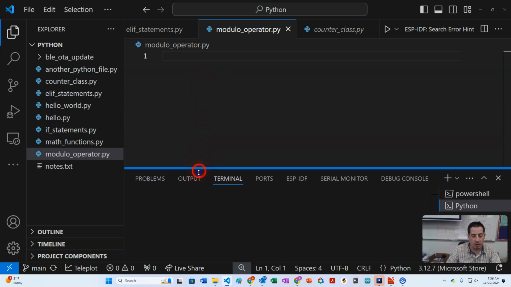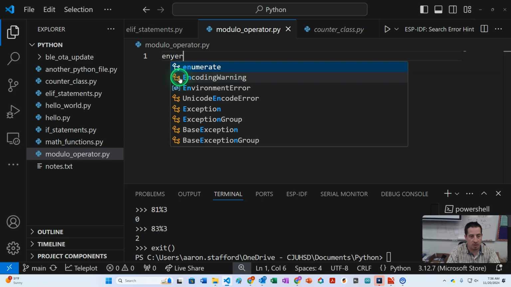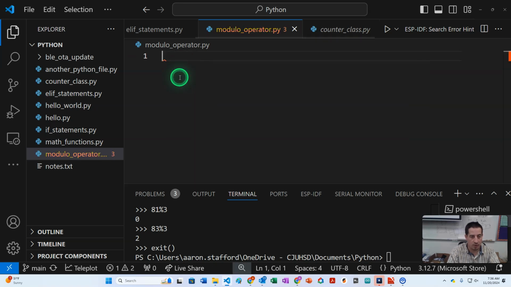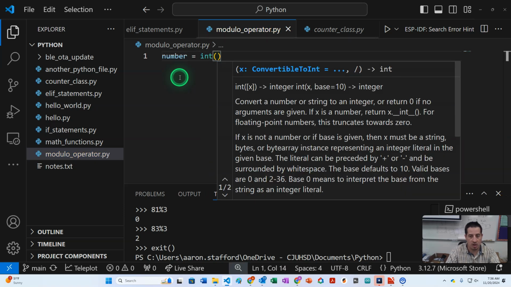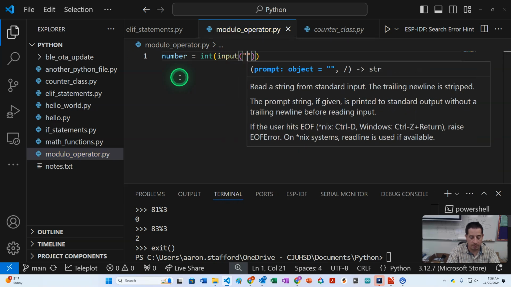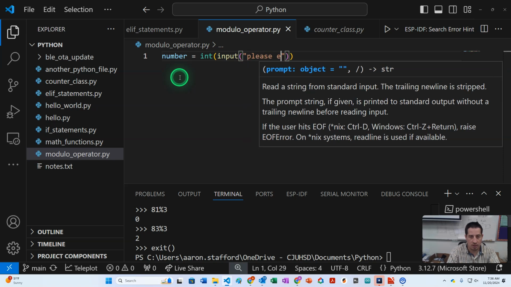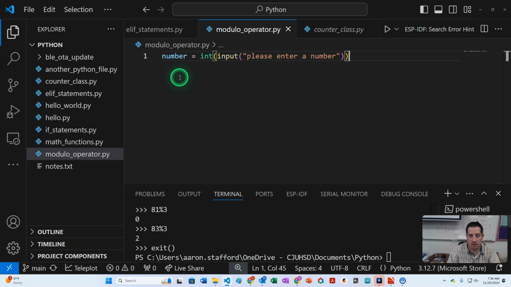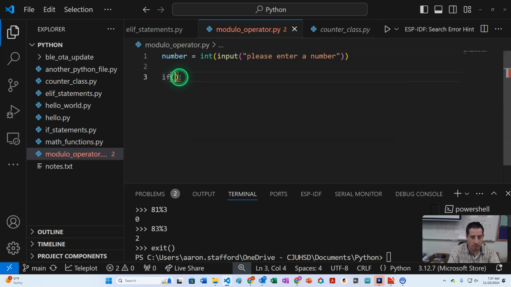And so here's some thoughts about how you might go about using it. So let's get a number here. I'm going to say number equals int. We're going to convert our input to an integer, and we're going to get an input. And we're going to say, please enter a number. And let's do some checks on it. So we'll say if number % 3, we don't need the parentheses here, let's get rid of those, is equal to 0,